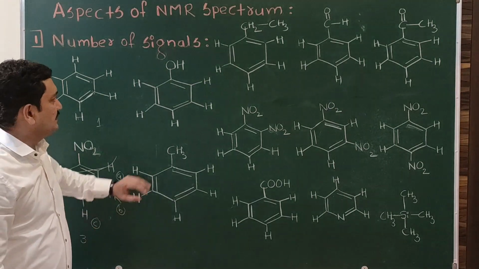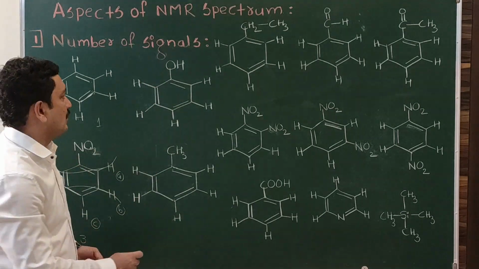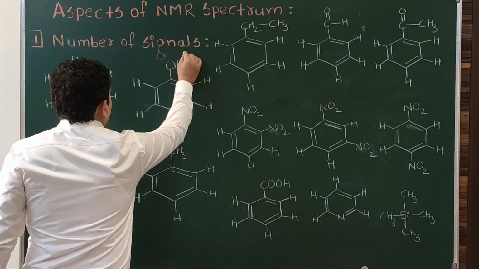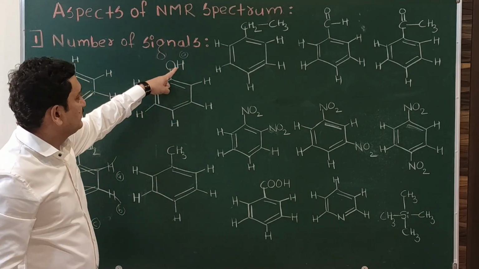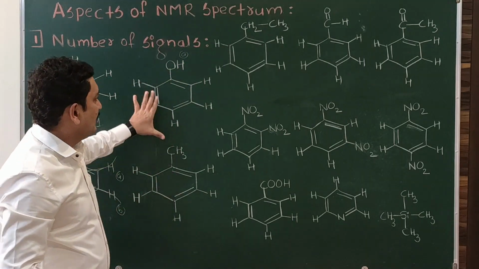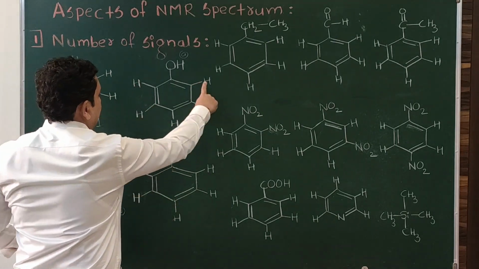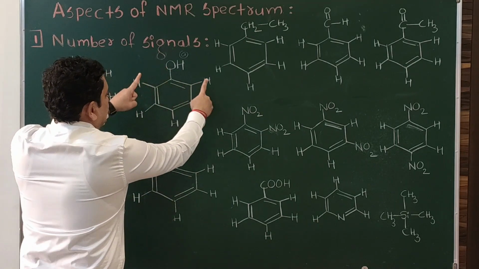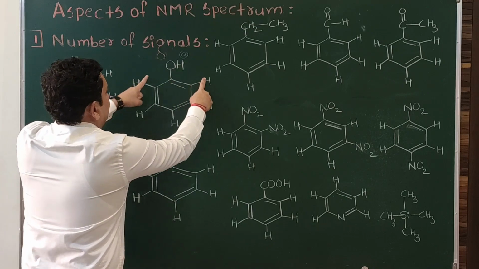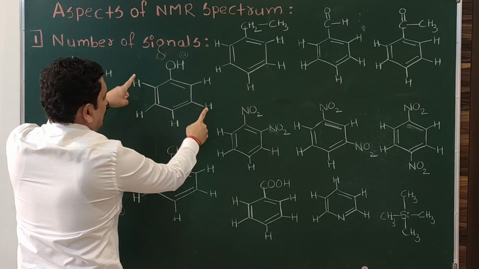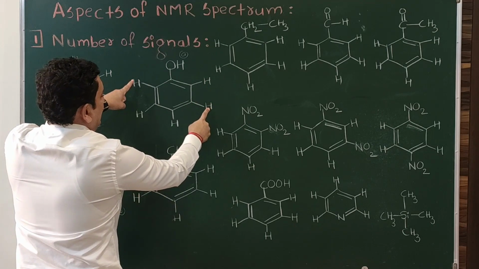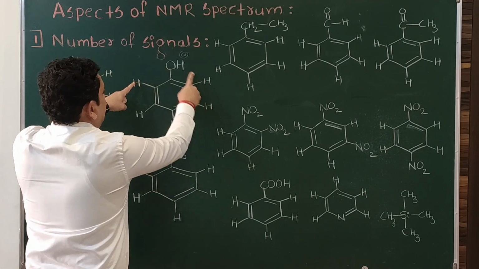As with nitrobenzene, similarly we can work out phenol. The OH hydrogen will give a separate signal. This hydrogen differs from the rest because it is attached to oxygen. Now the remaining hydrogens. Which hydrogens are equivalent? This is the OH. Check these 2, because one side will be the same. So we have to check these 2 hydrogens. No need to check these 2, because they will be non-equivalent. This is the closer one, this is the away one.